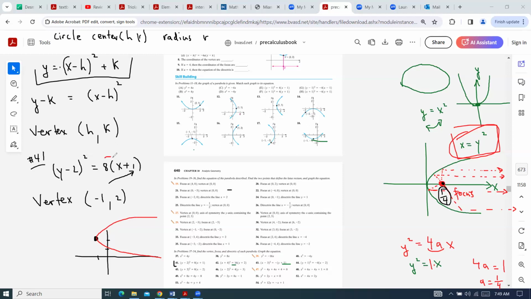Well, you can distribute the number 8 here. So you're going to have y minus 2 in the parentheses squared is equal to 8x plus 8. So that's what we did before. And then we would isolate our unknown x. So 8x is equal to y minus 2 to the second power